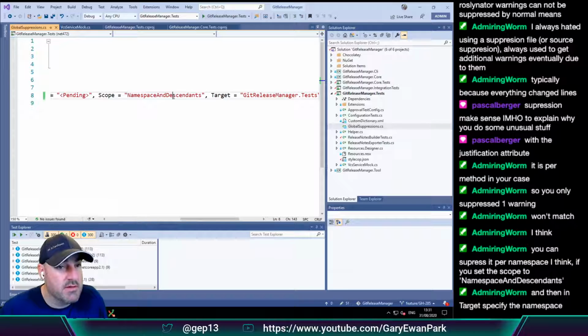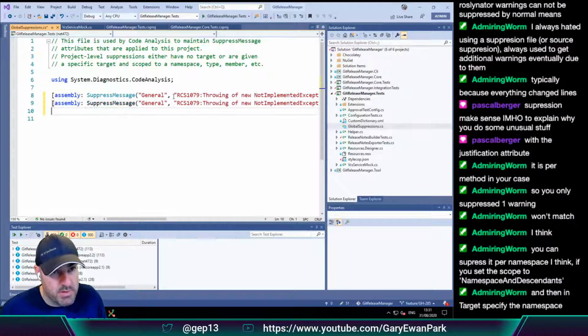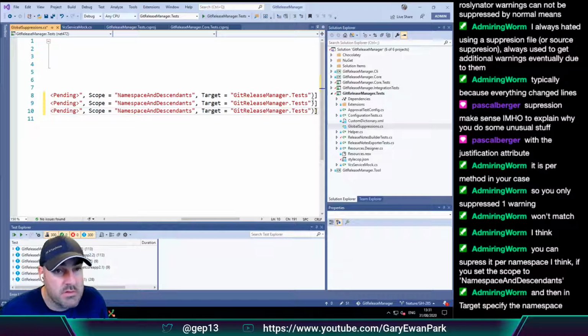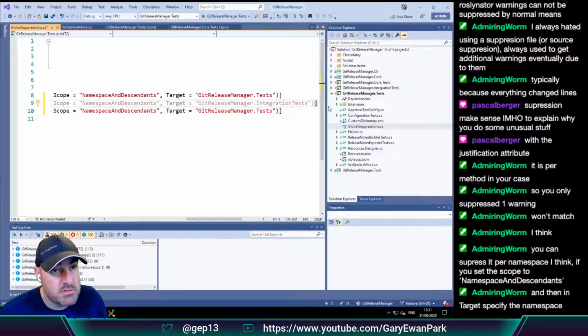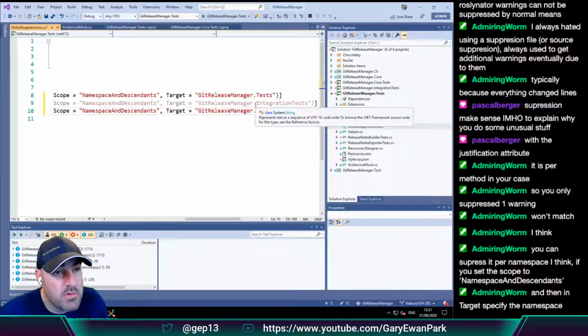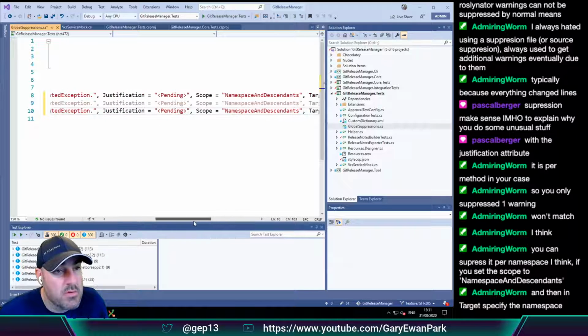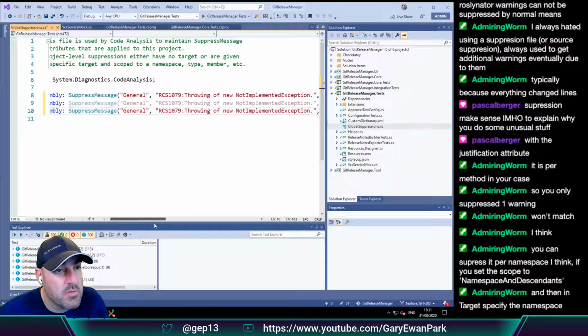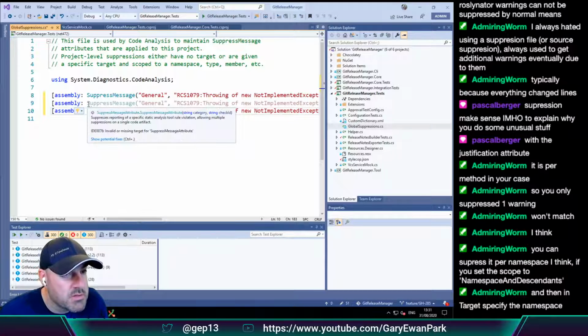So in here then, we would need to copy, paste, paste. So this would be dot integration tests, I hope. Are you telling me that that is invalid or missing?